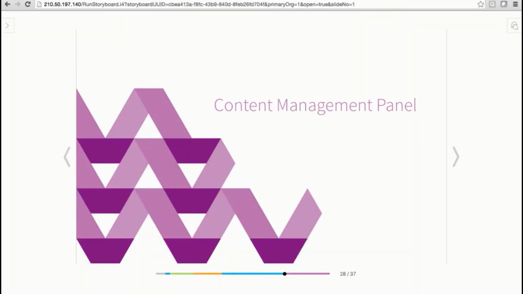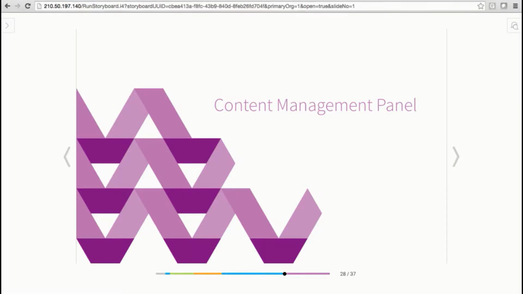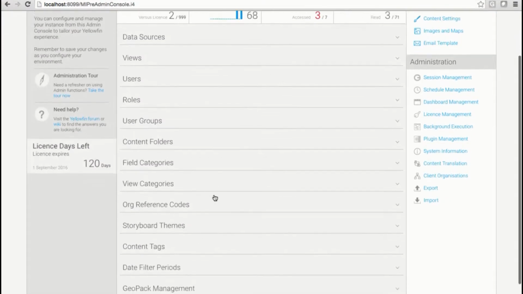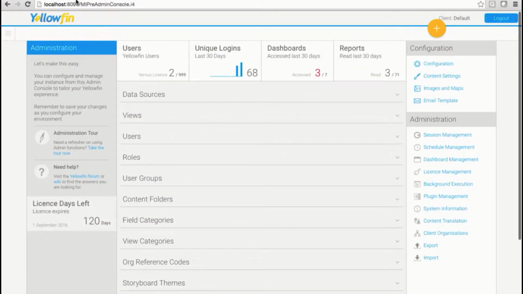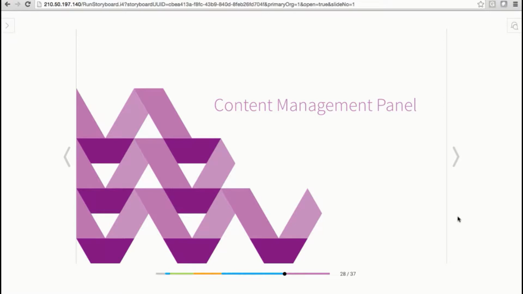Okay, so what we're going to look at next is the content management panel. So this is the main section of the administration console. This is what you'll see if we go to our admin console, this middle section right here. So if I go back, I can walk you through some of the options and what you can do in